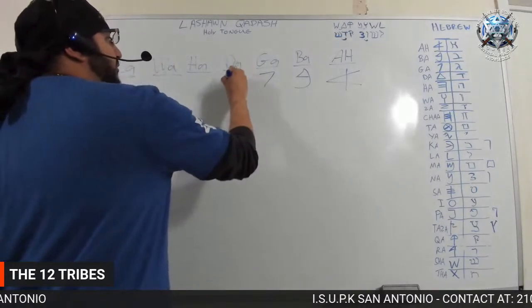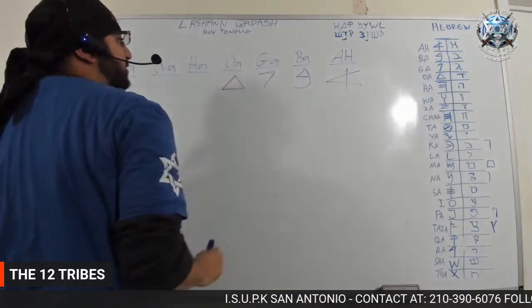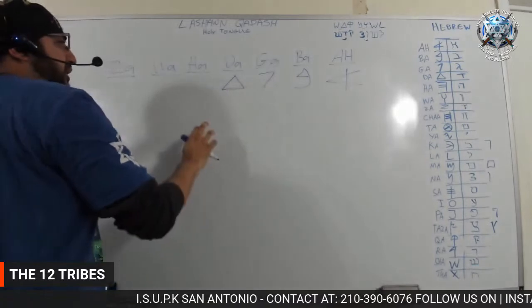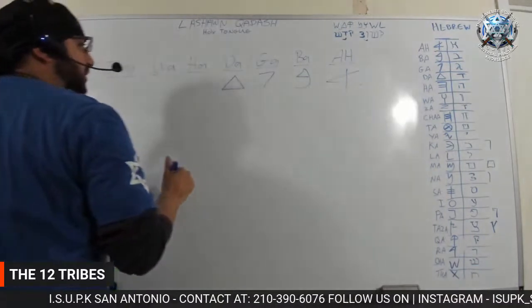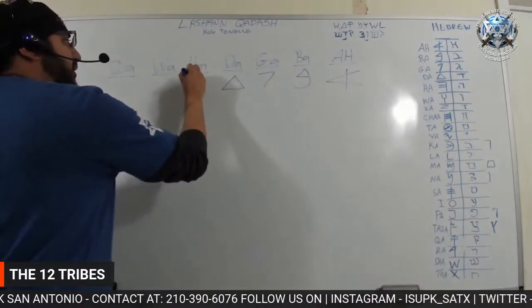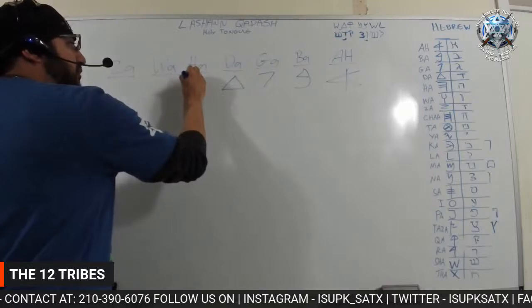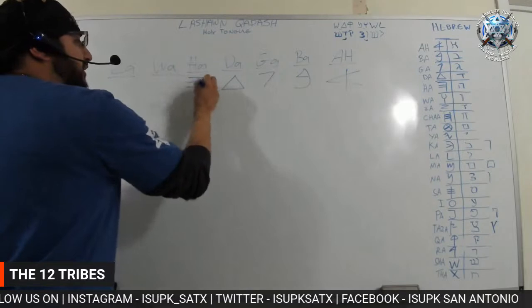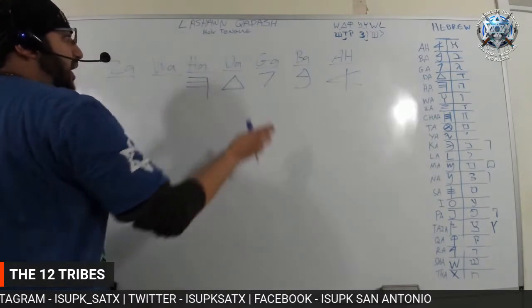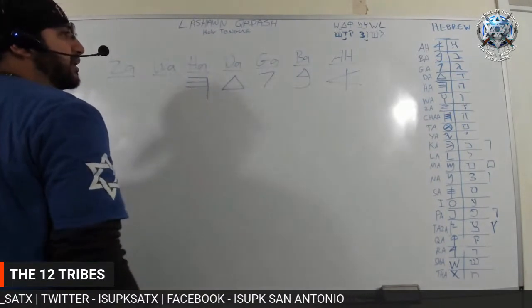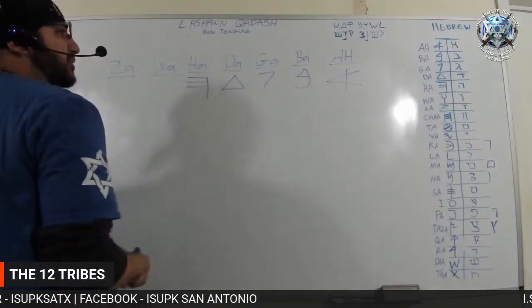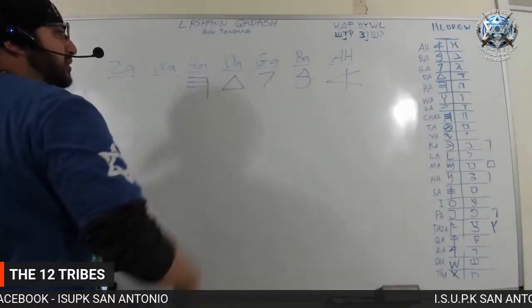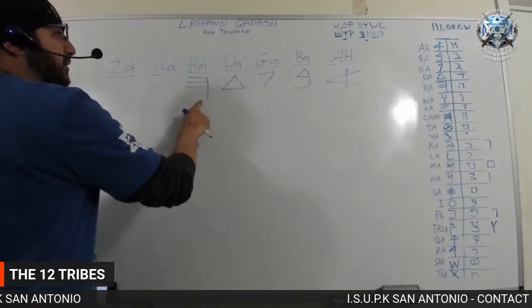Da, everybody knows da because the Magan David, or David's name, is two of these put together. It's the most common way to cut so-called Jewish people or people that think that it's like the Star of Remfan or some goofy stuff like that, which makes no sense. Ha, as you see here, looks like a backwards F with three prongs coming out, right? Ha. Wa,